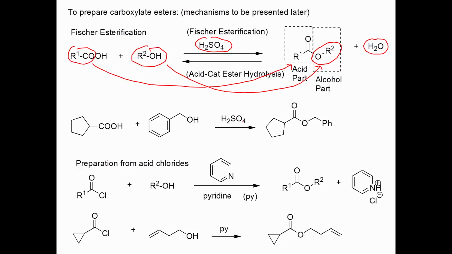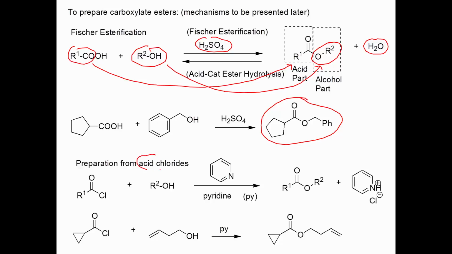All right, so if we took this compound, benzyl alcohol, and this compound, cyclopentane carboxylic acid, and treated it with a little bit of sulfuric acid, we'd expect to generate this ester right here. Notice how I've expressed this with an equilibrium arrow, and this sometimes makes this reaction difficult to run. If you really want a high yield of ester